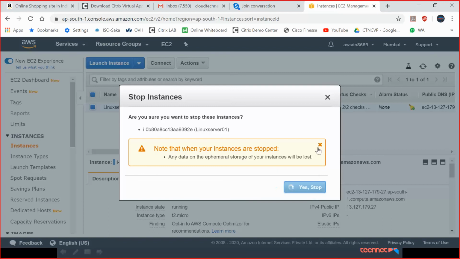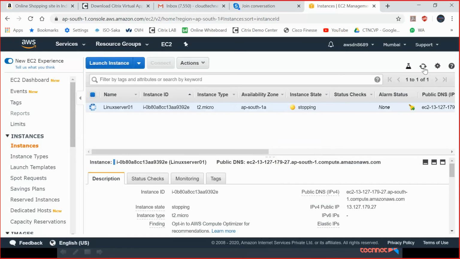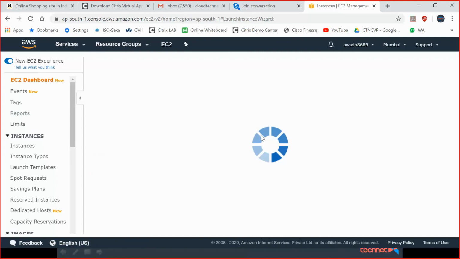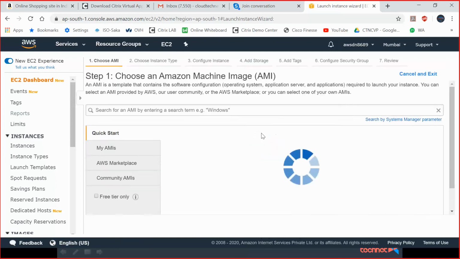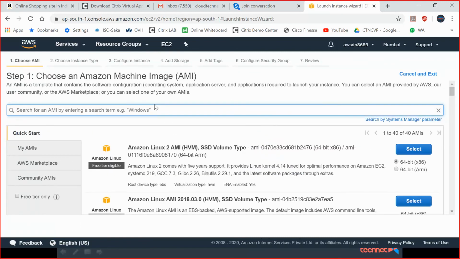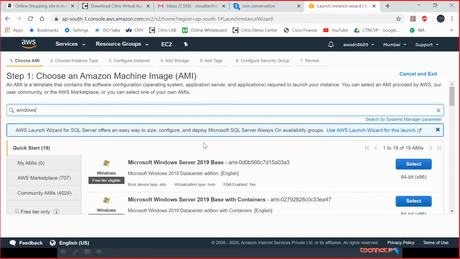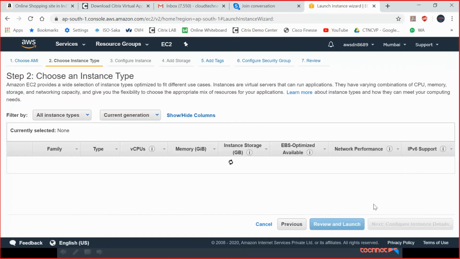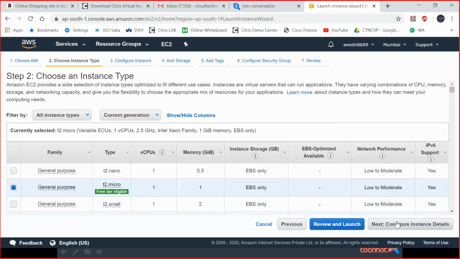I'll stop it. I'll create a new instance, a Windows instance, 2019. So I'll create it very fast because we have already created so many times.